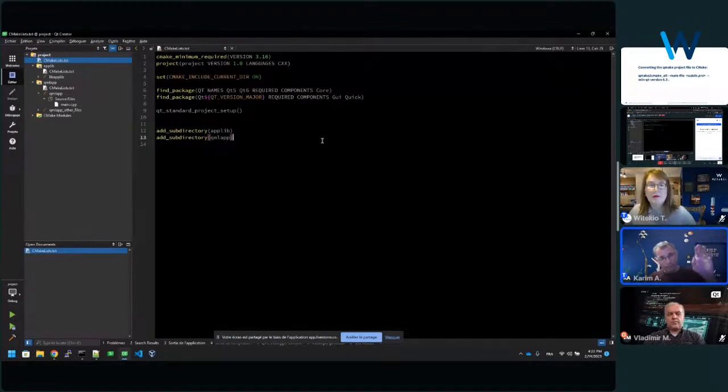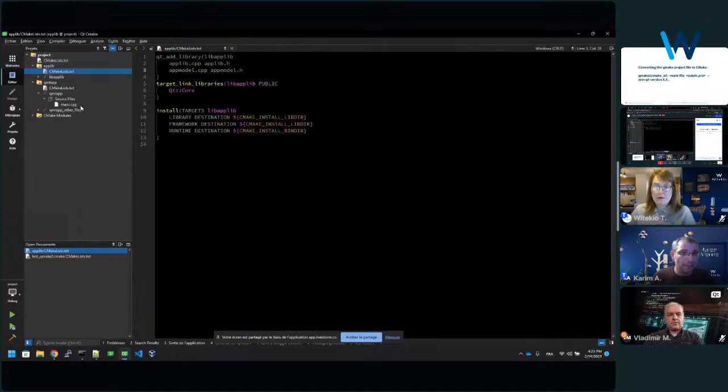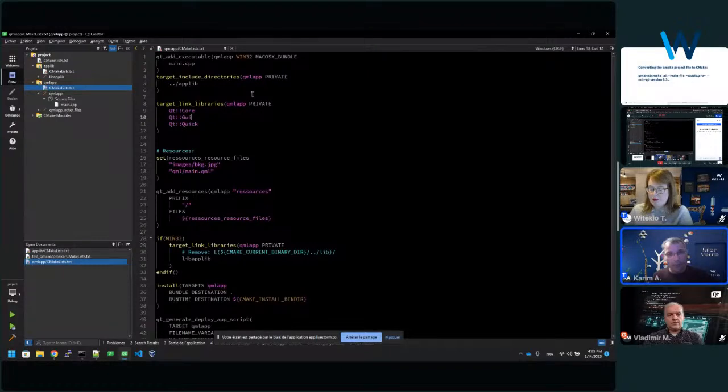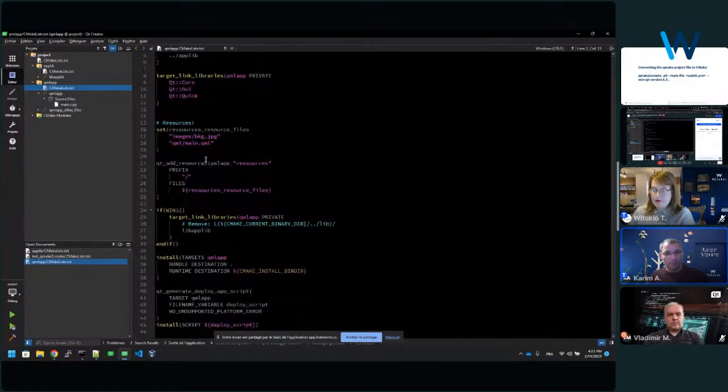So the main project.pro file has been converted to the main CMake list with the version of the CMake API used and the version of Qt used and the selected components, Qt Core, Qt GUI, Qt Quick. And finally, the 2 subdirectories to include the subdirectory CMake list file. For the static library, and for the QML application, including the directory of the static library, the source file, the resource file,